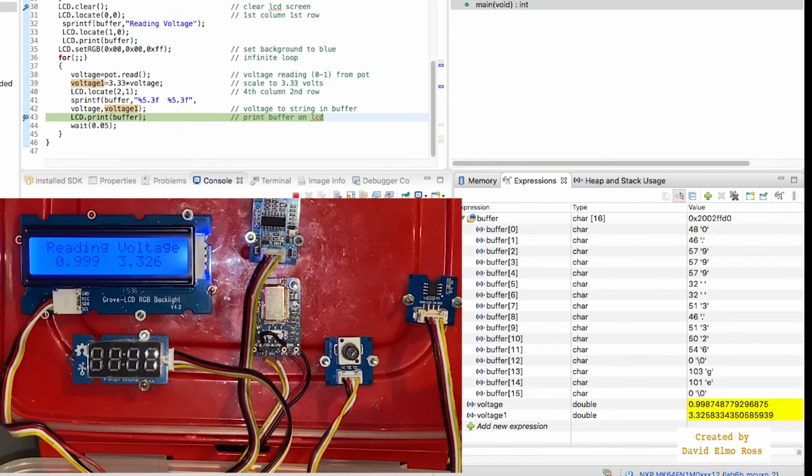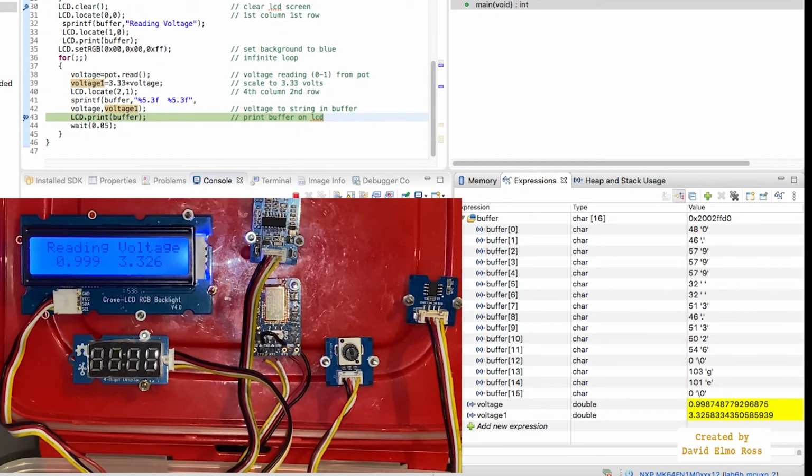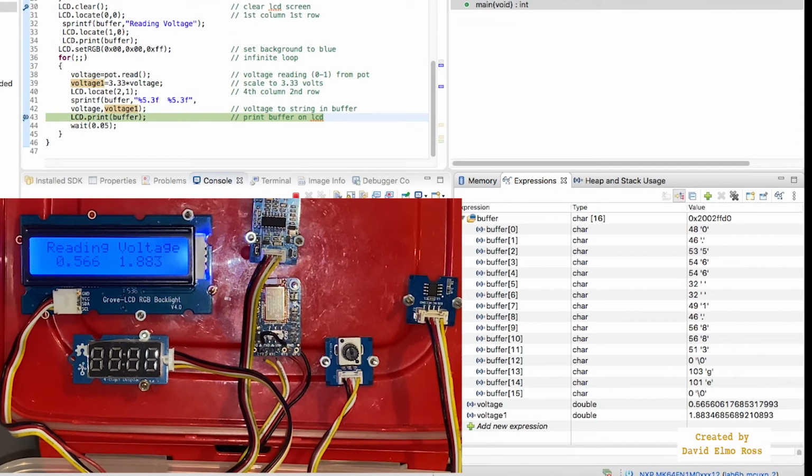Now if I turn my pot a little bit more to the right and let it go, and if I hit the run button again, it's going to take a new reading as 0.566, and it's going to calculate that as 1.883 volts. And if I hit the run button one more time, I can see these numbers 0.566 and 1.883 showing up